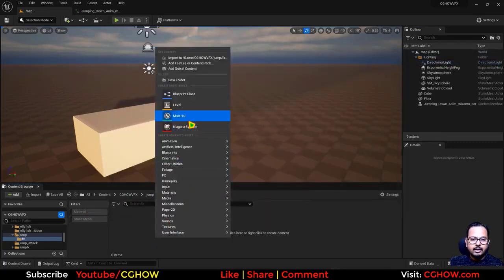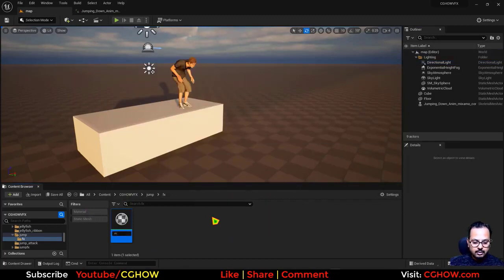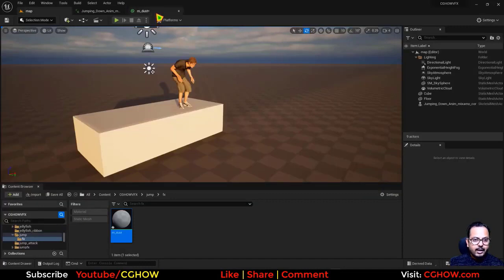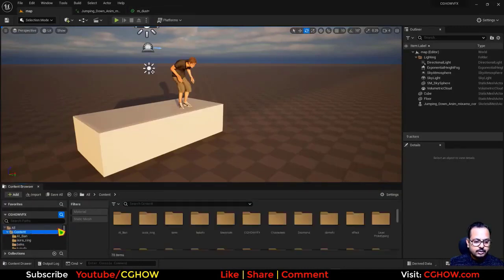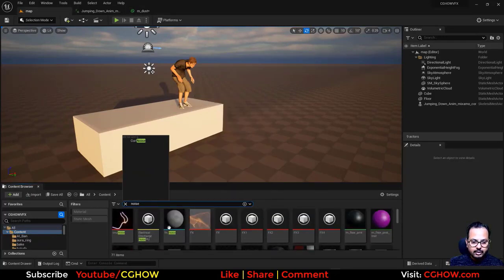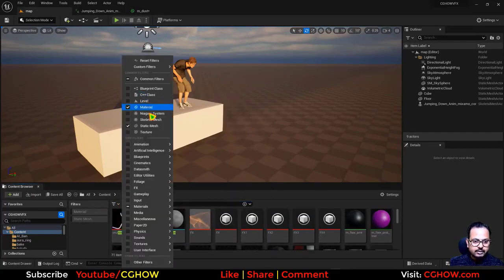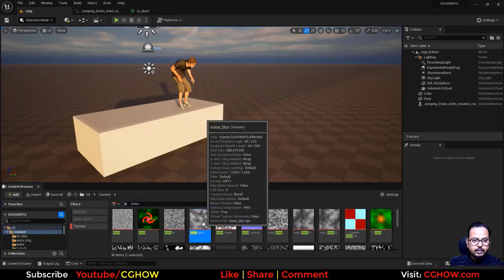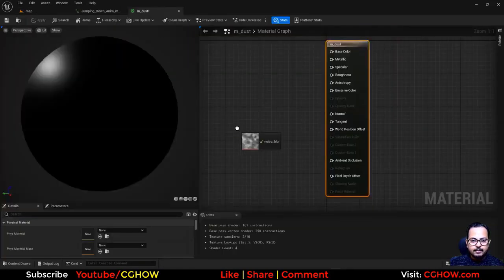Okay, and now I'll just right click and make a smoke dust texture, dust material. You can use sub UV if you have, but I'll use just a noise texture in this case. So if I type noise and search the textures, I have lots of noise. So this blurred noise I will take. Okay,